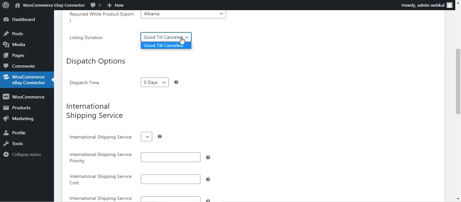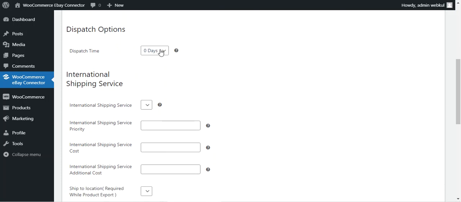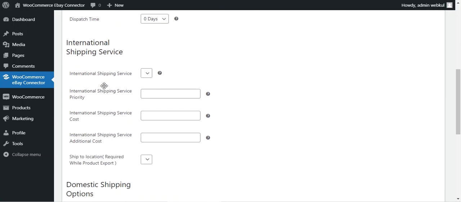You can choose the listing duration, whether good till cancelled. Under the dispatch options, you can choose the dispatch time. Under the international shipping services, you will be able to choose international services that would be applicable. So the WooCommerce products will be created on eBay with this particular international shipping that you have selected here.